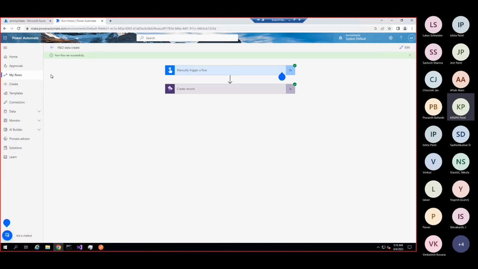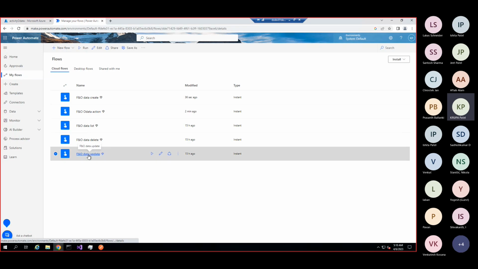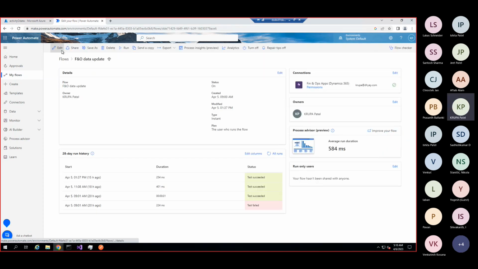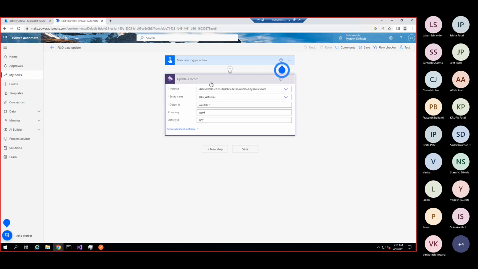Now we'll update the record. We just go through this update. Here you just need to pass the object ID, which is nothing but the primary index of your table.